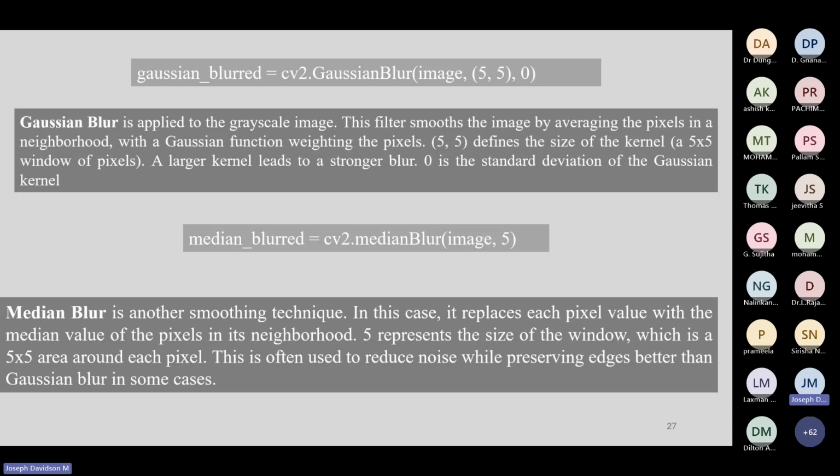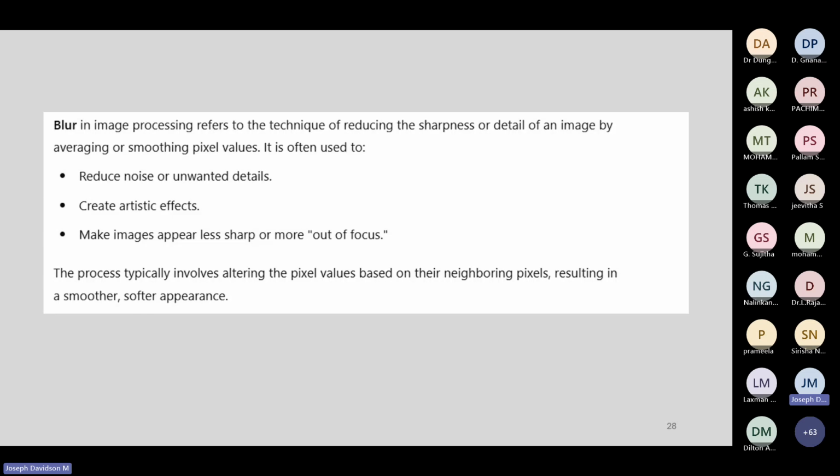The similar thing is median. It replaces the original pixel with the median value of the mask that we have used. Like that, there are different techniques that we use to moderate the image. So purposely, I said that we blur it. Blur is like purposefully deteriorating the property of the image, correct? It also means less sharp or out of focus.